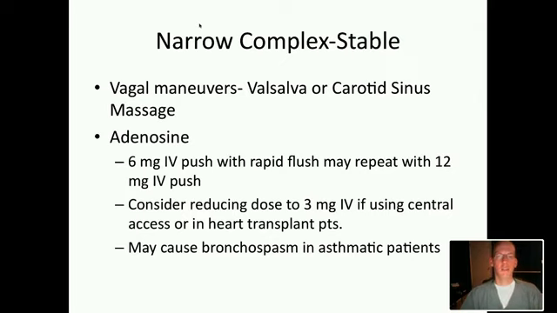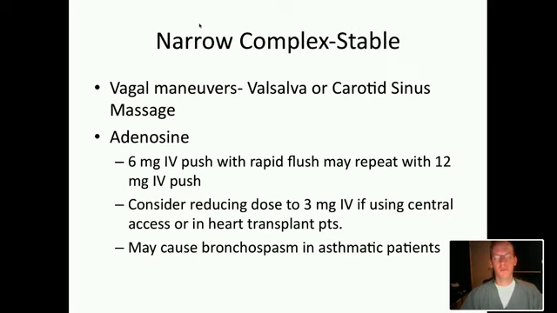If that fails to terminate the rhythm, you'll always see a result. If you don't see a slowing, then the patient didn't receive the drug. You'll always see something. It may not be enough to reset, and the patient may speed back up, but you'll always see something. So if you don't see anything, you should worry that you didn't actually give the drug. But if you give the drug, you see slowing, but then the patient kicks back into a rapid rhythm, then you can repeat it. The next dose would be 12 milligrams, so you double the dose, and once again rapidly